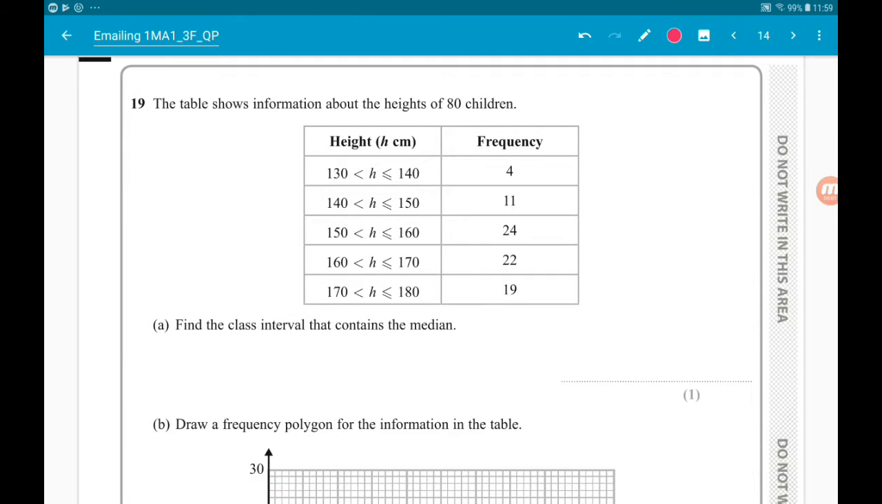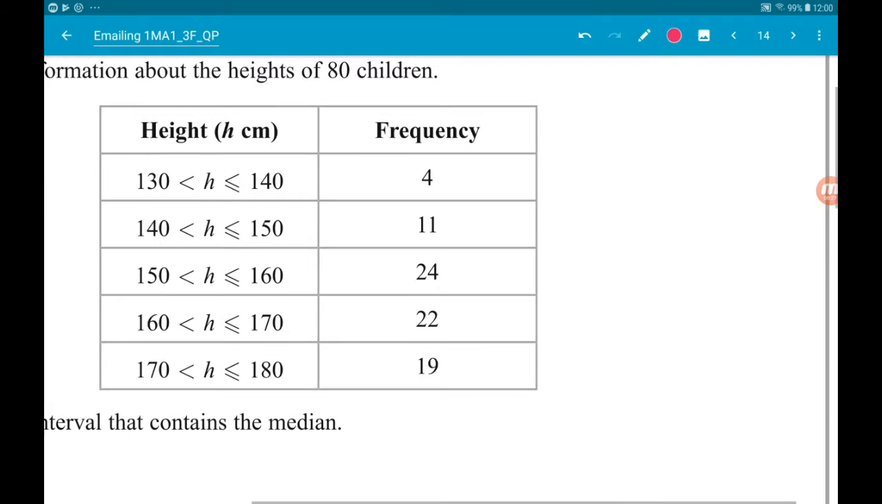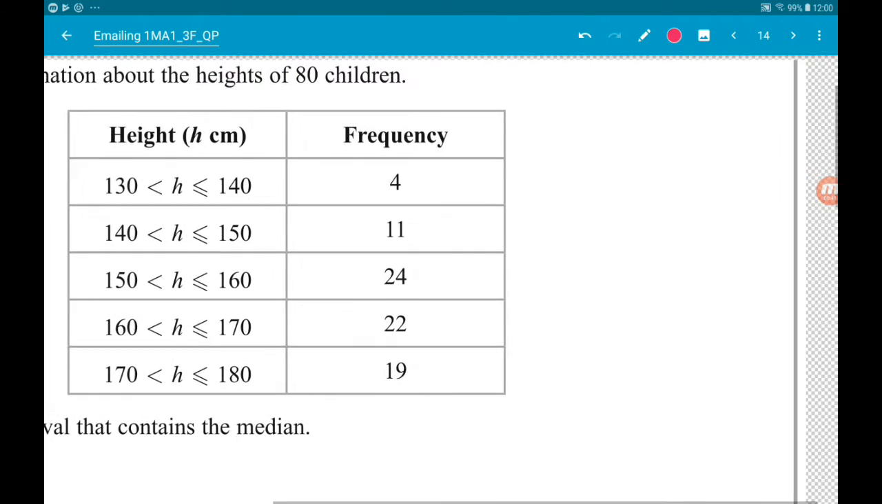Number 19, the table shows information about the heights of 80 children. Our job is to, first of all, find the class interval that contains the median. Okay, so we can't find the actual median value because the data is in groups. So, what we need to do, the median is the middle. So what we need to do is divide the number of people by 2. So 80 divided by 2